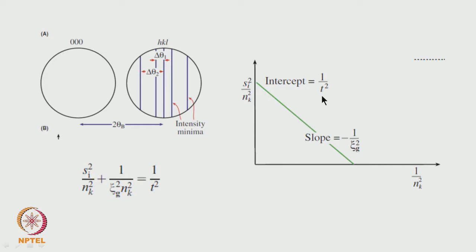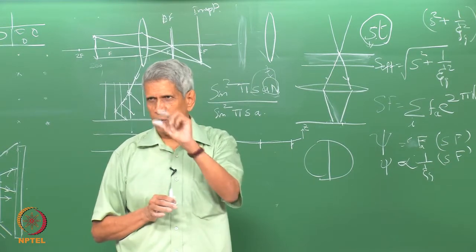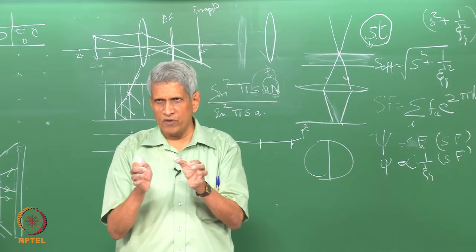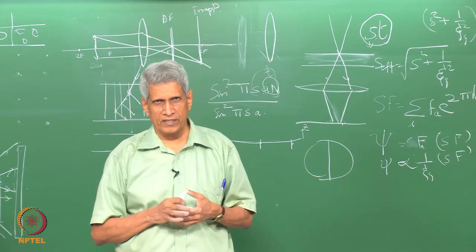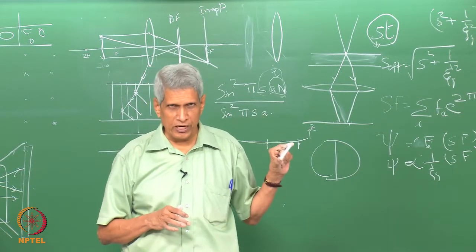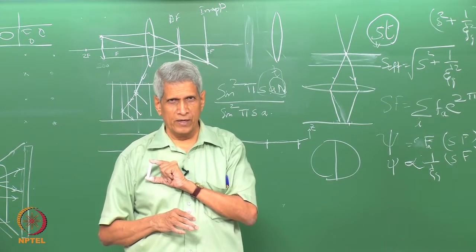Because for many applications, suppose I wanted to find out the dislocation density in a sample, what should I do? To find out the dislocation density, I can see how the dislocations are distributed. But if I do not know the thickness of the sample, how will I find out? Because we should know the volume of the sample. Because the area where the beam has fallen defines the area. But unless we know the thickness, so many applications require the thickness of the sample accurately. This technique could be used to find out the thickness of the sample.